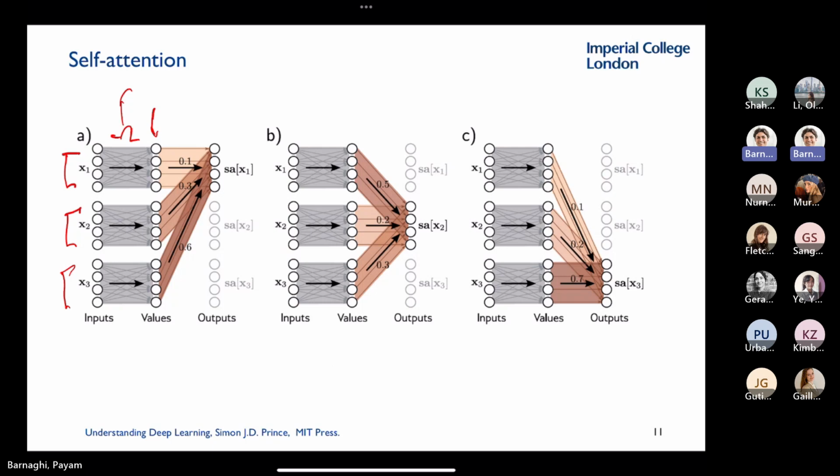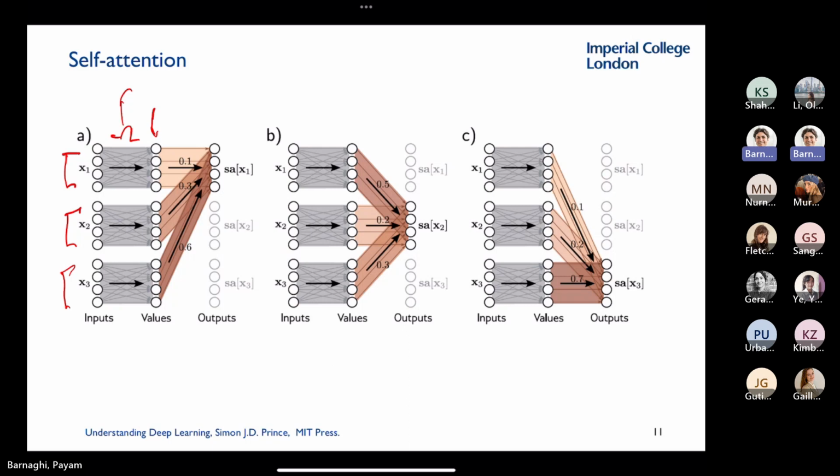Then we create the values. And what we do then, when we create the values, is that each of these words will pay attention to each other. For example, if we have three words, X1, X2 and X3, they pay attention to each other and to X1 itself. And then we have a weight of attention. For example, in a sentence, how much attention the words pay to each other, we learn a weight. Interestingly, from the embedding you take from that word, all the attention weights from one word to another, from each of the embeddings, are exactly the same.